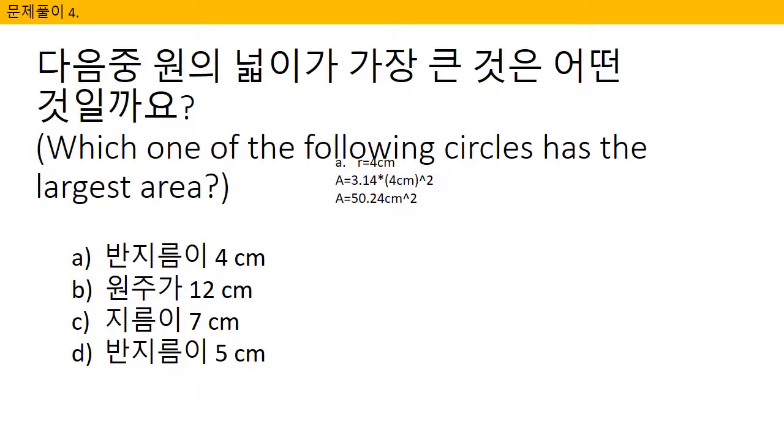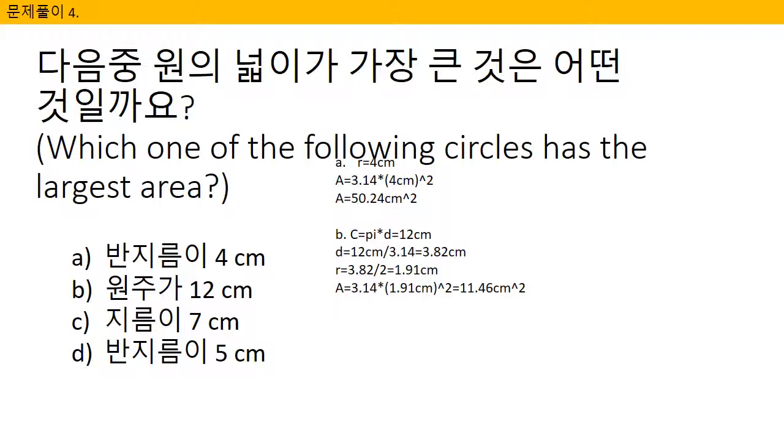For circle B, we're given the circumference. We do C equals pi times D equals 12 centimeters, and we divide pi times D and 12 centimeters both by pi so that we can get the D alone on one side. We get D equals 3.82 centimeters, and to get R, we just divide this by 2, and we get R equals 1.91 centimeters. We plug this value into our area formula to get 3.14 times 1.91 squared centimeters equals 11.46